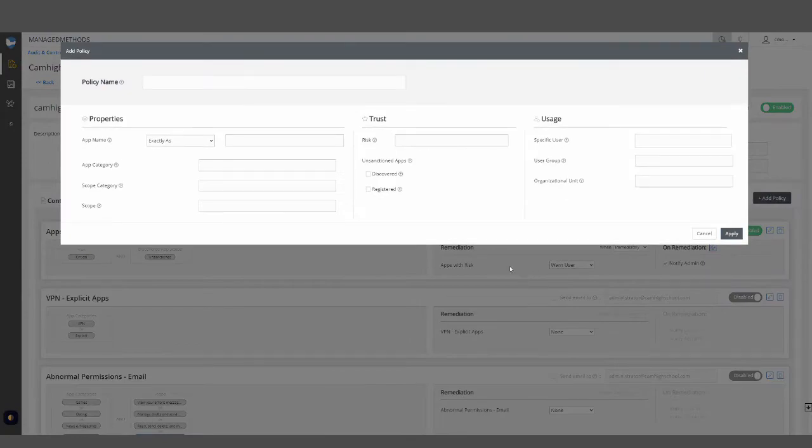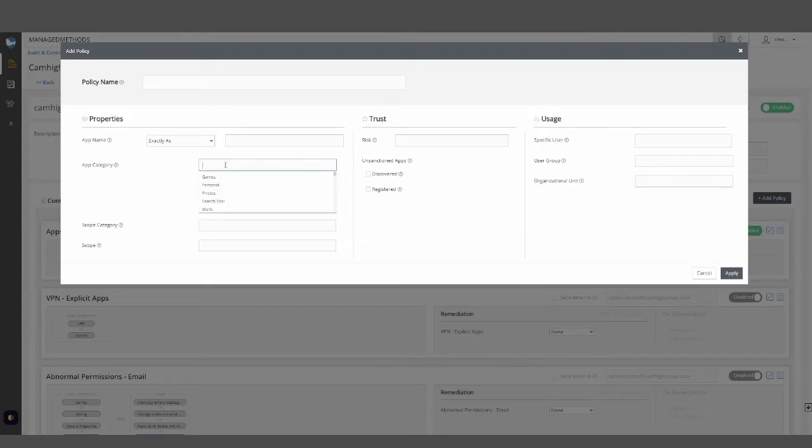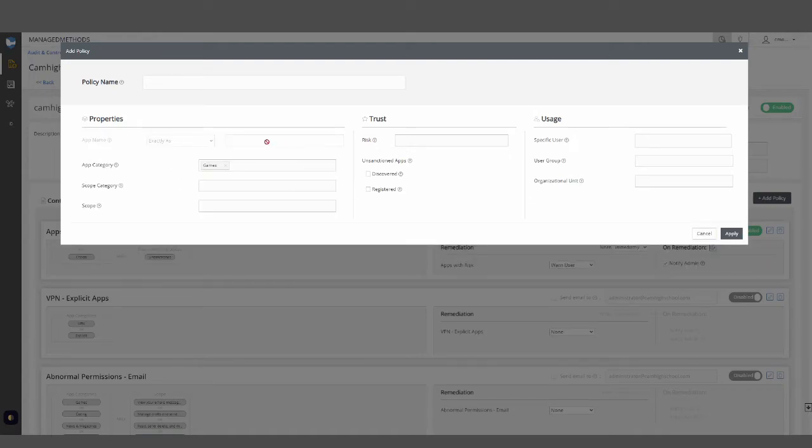Next, let's talk about a little bit different kind of policy here. Another option with policy creation is by app category. App categories are the larger categories of applications, so things like games, tools, personal apps, work, whatever the case may be. A lot of times there'll be a lot of third-party applications that fall under that games category, which may just be a case of, hey, really not the best use or very productive for our student. Maybe students, generally speaking, are the ones that authorize games, and you could come in here and set a policy simply saying, okay, hey, if the platform detects any game apps,